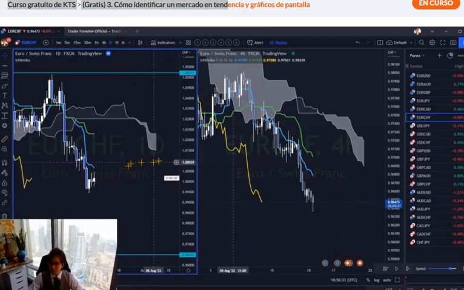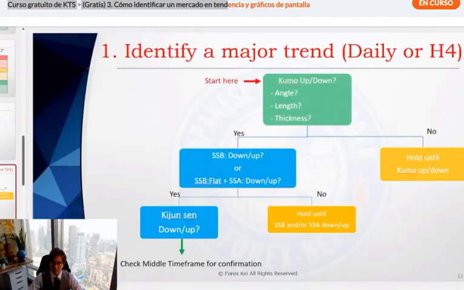But let's see. On the next one, this is looking good because Senko span A is down, Senko span B flat, but the Kumo thickness is much better than before. So when you see this Kumo like this, you can expect the market goes down in the long term. So once you confirm this Kumo angle and thickness and length are okay, then you check if Senko span B